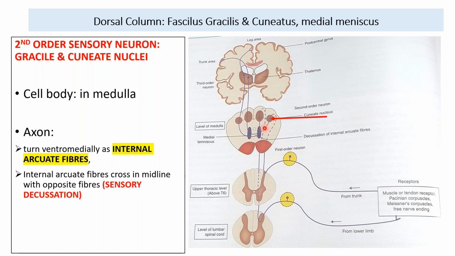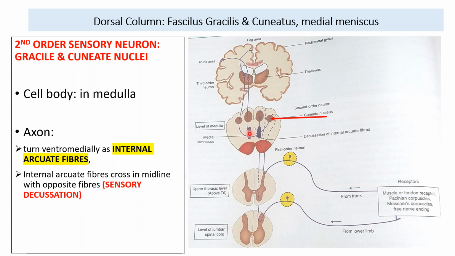Now remember the somatotopic representation. Over here we see sacral, lumbar, thoracic and cervical. This was the distribution at the level of the fasciculi and at the level of the cuneate nuclei. But at the level of the internal arcuate fibers, when they have crossed, they cross in such a manner that the more medial fibers, that is the sacral fibers, reach the more anterior part of the medulla. And the more lateral fibers, the cuneate fibers, reach the most posterior part of the medulla. So can you see this blue area over here? These are the arrangement of fibers at the level of the medulla.